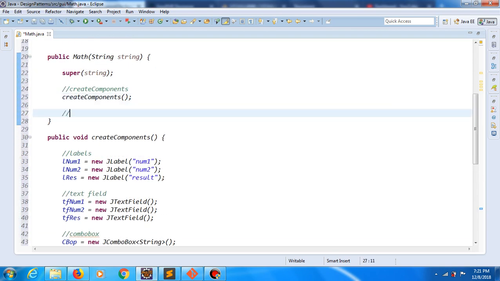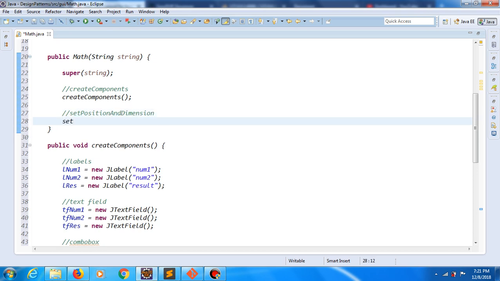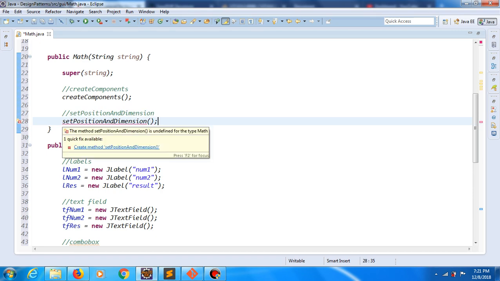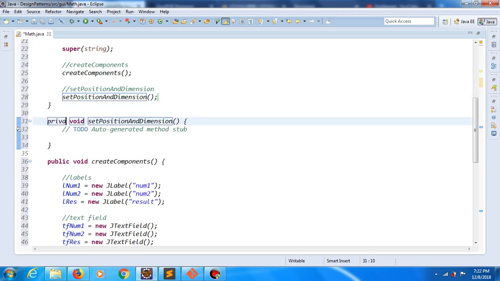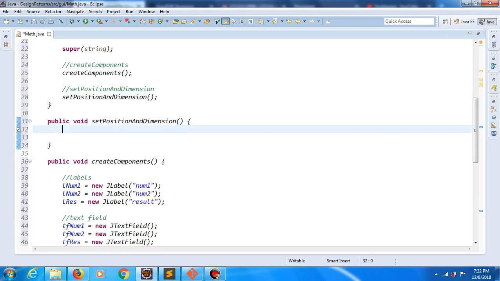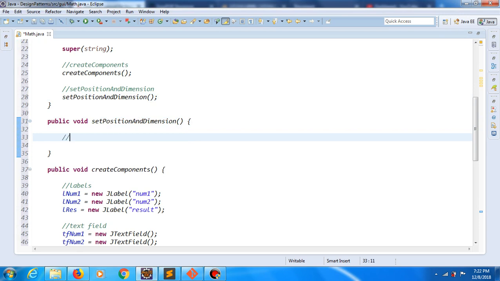Now the next task is set position and dimension of our components. So we will call method set position and dimension. Just point mouse and create method set position and dimensions. Okay, it's going to be public,